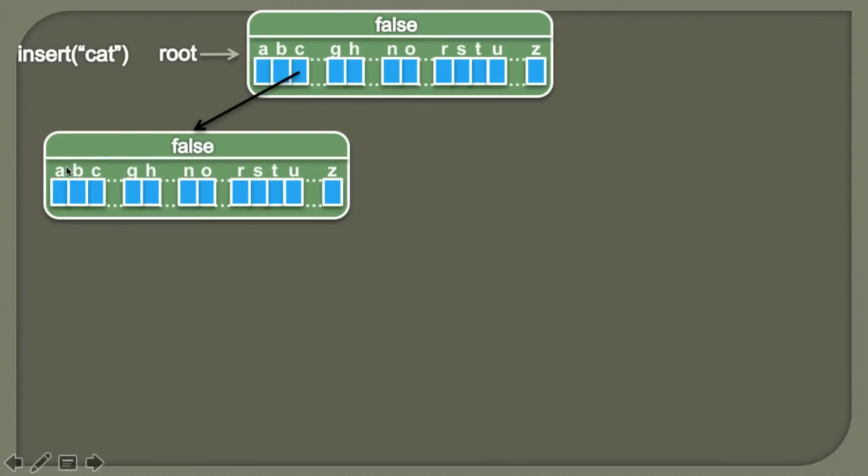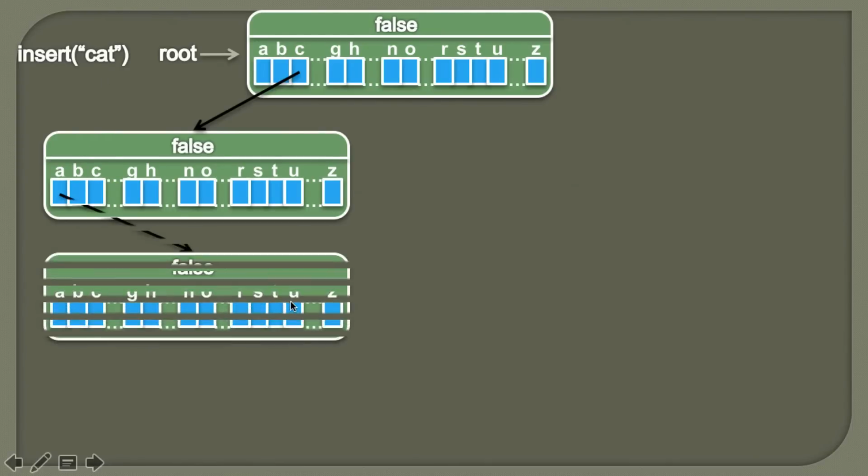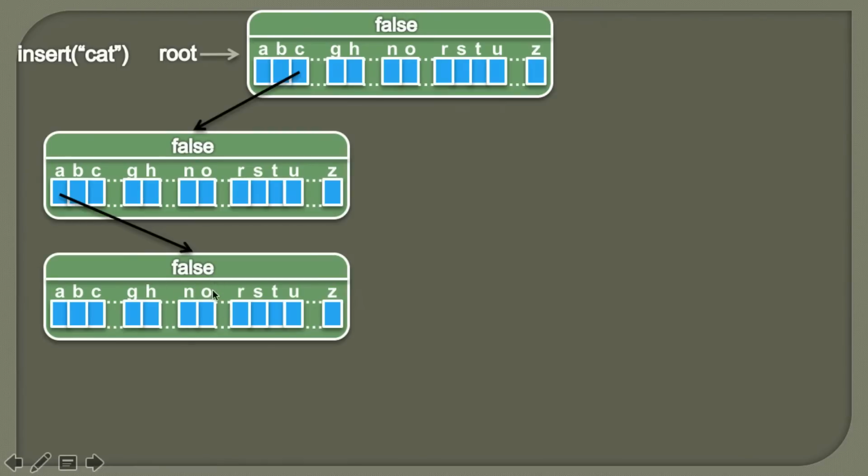So we simply go to the index 0 which maps to A, and we see whether it's null or not. Currently you can see that it points to null. So in order to insert A, we'll again create a trie node, and after creating the trie node, we'll simply refer to this trie node from index 0 which maps to A. Also friends, once we have inserted this trie node, using this link we will simply traverse to this trie node, and then we will insert the character T.